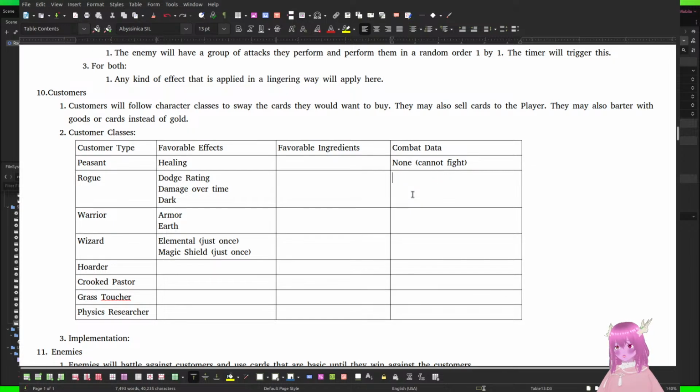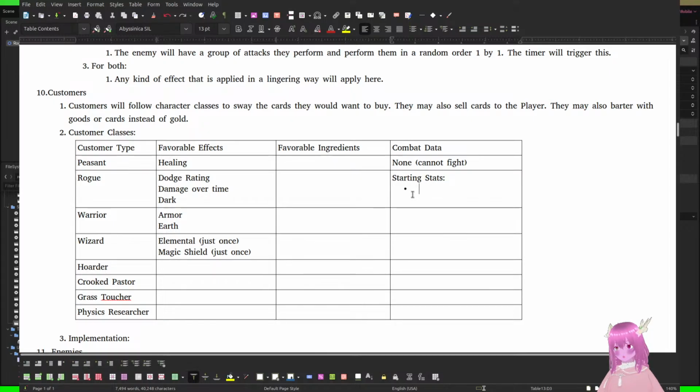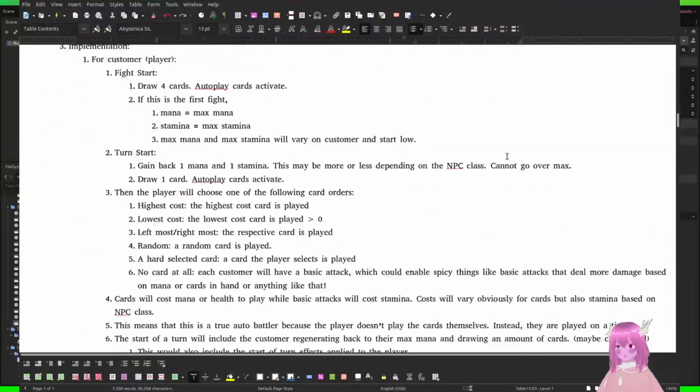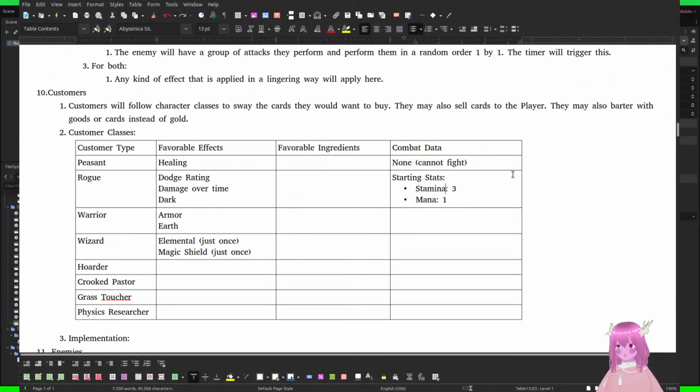Wait, hold on. Starting stats. Forgot it works this way. So mana, stamina. We'll start at 3. Mana, we'll start at 1. I think I actually put them in the order of mana then stamina, didn't I? Yeah, I did. I'll be consistent with what I put up there then.